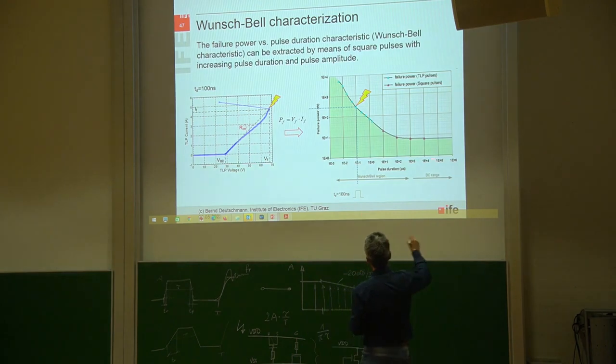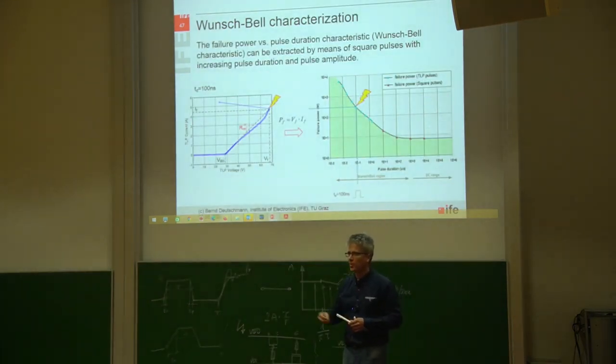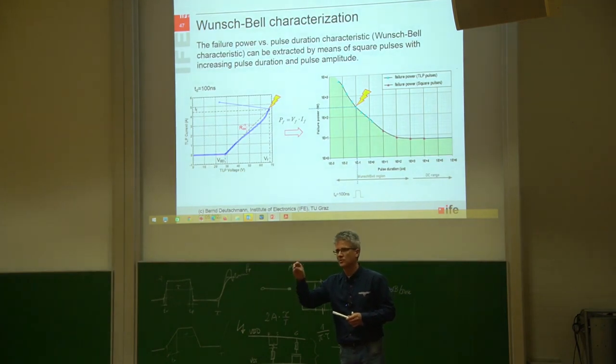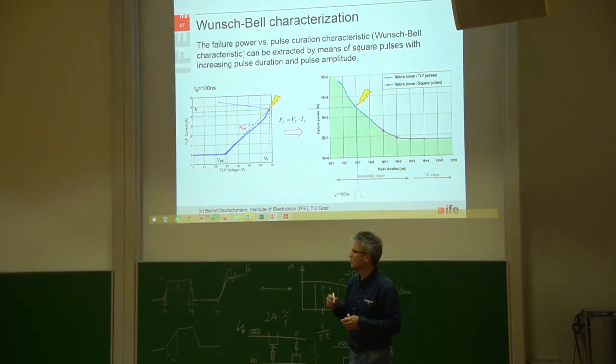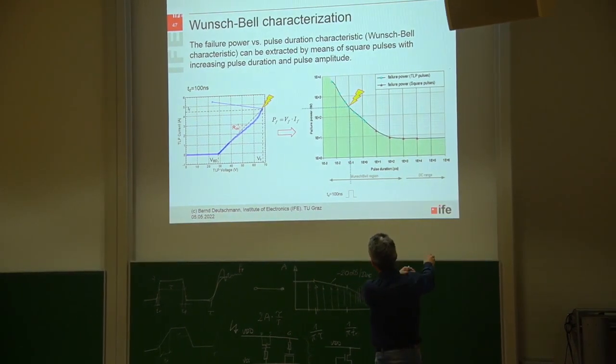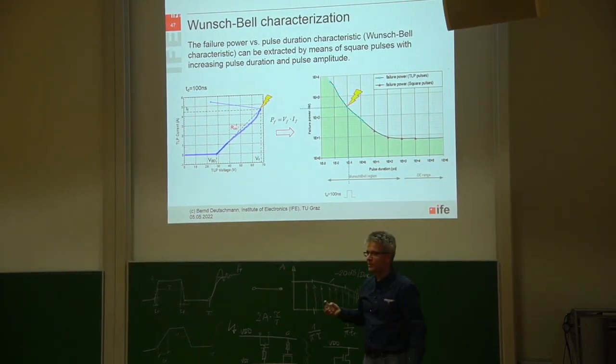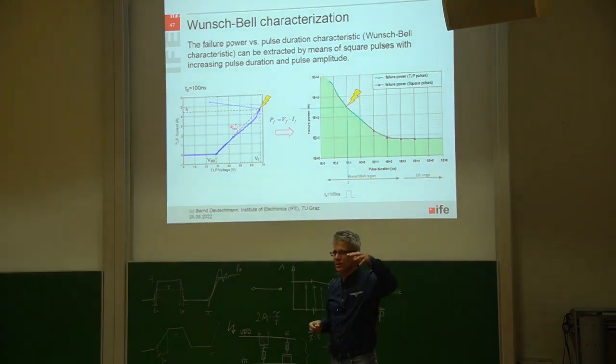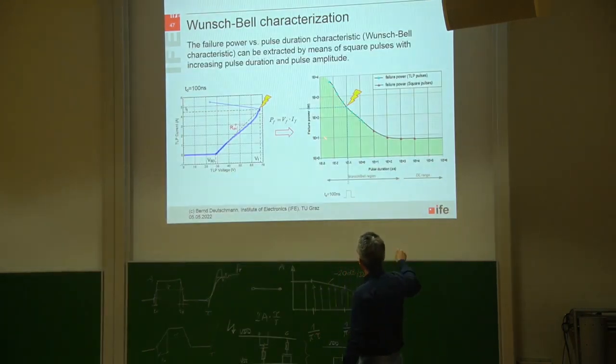So on the diagram, we have on the x-axis the pulse duration, so this 100 nanoseconds, for example, and on the y-axis, we have the power to failure. So the power that was really injected into the device shortly before it breaks. So again, on the x-axis we have the pulse duration, and on the y-axis the power that causes the failure. We were increasing the amplitude until we have a failure, and then you get one mark in this diagram. And if you then do this for different pulse widths, so for example, 100 nanoseconds, 200 nanoseconds, and so on,